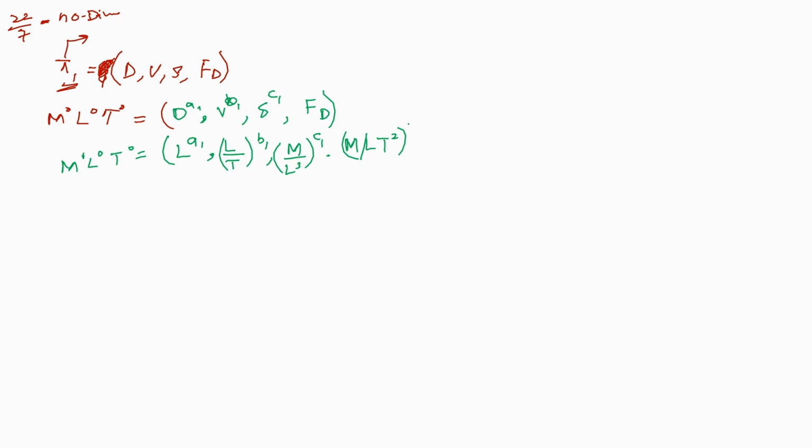So this will remain same. Because force is equal to M into A, M is the mass, and this is L T minus 2. So this will be M L T raised to power minus 2. So M and L are multiplied with each other. And repeating variable will have no power at all in all the pi groups. So to solve this equation, we have to convert them into product. So to convert them into product, we'll simply write M raised to power 0, L raised to power 0, T raised to power 0, and we will induce a constant for the first pi group, that is k1, and it will be